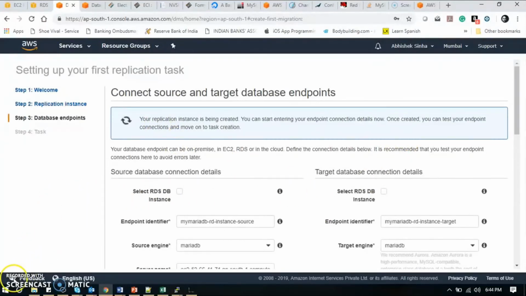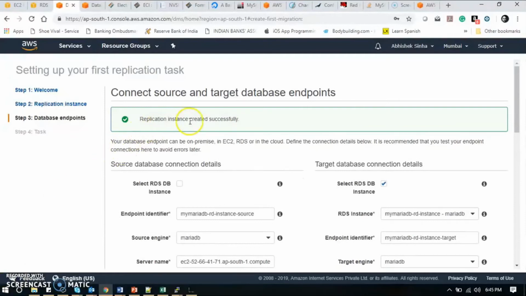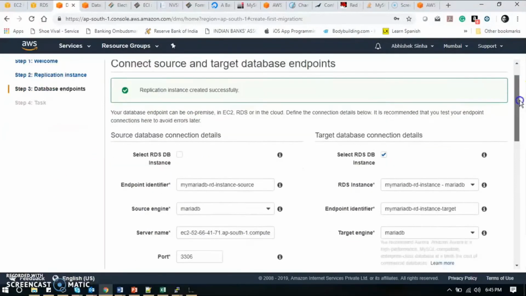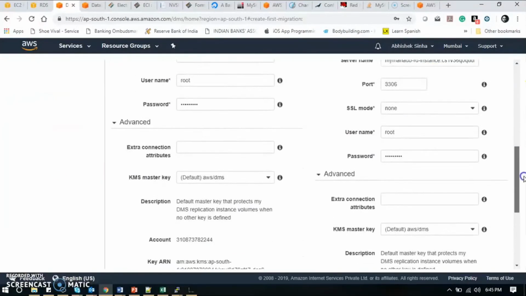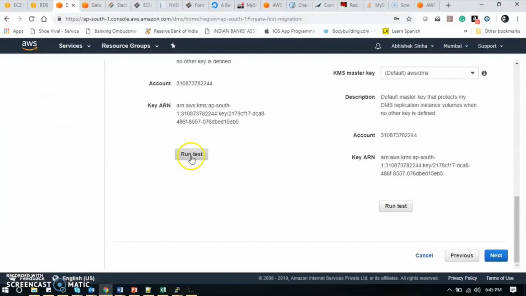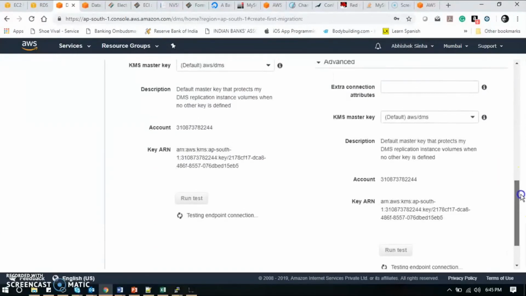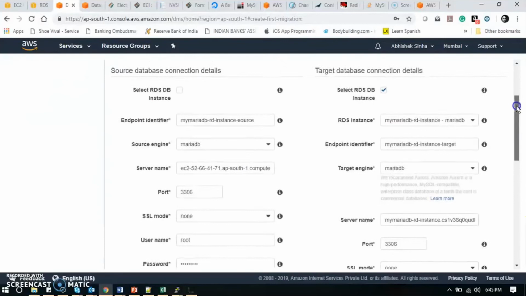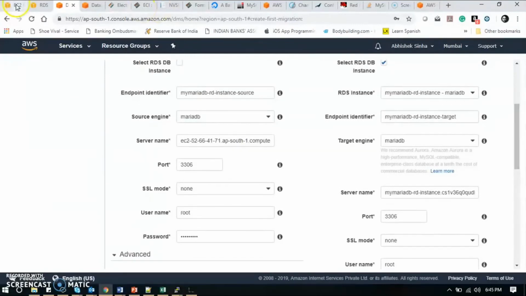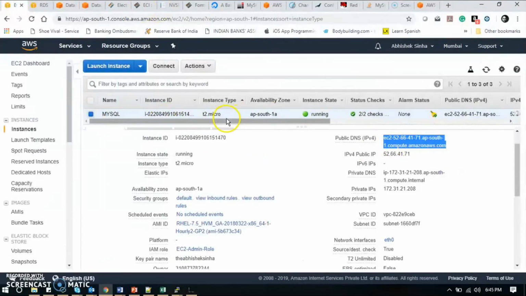Okay guys, so my replication instance has been created successfully, and after I have put in all my usernames and passwords, I can click on run test so that I can test whether all the endpoints, the input and output endpoints, are connected to this replication instance correctly. Basically, we have this EC2 instance where I have put my MariaDB and the data which I am going to migrate to RDS.